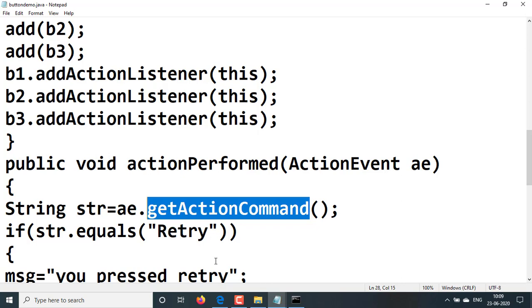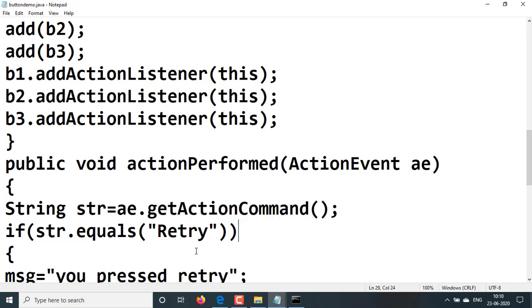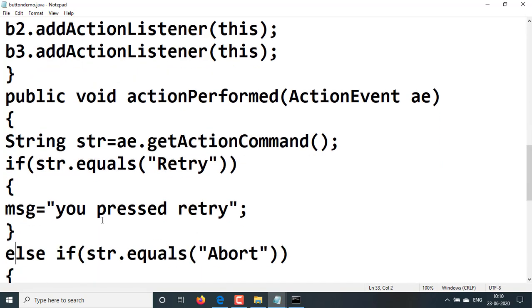In str some label is stored and we are checking for equality, so str.equals, in brackets, the label we have already written, in double quotation marks, Retry. Complete the brackets. If this is true, then we assign a message in the msg variable: you pressed retry.